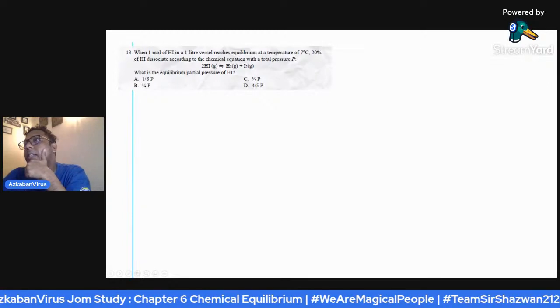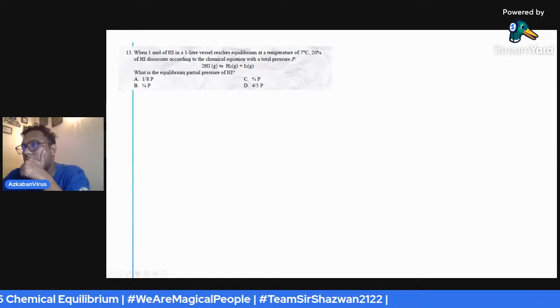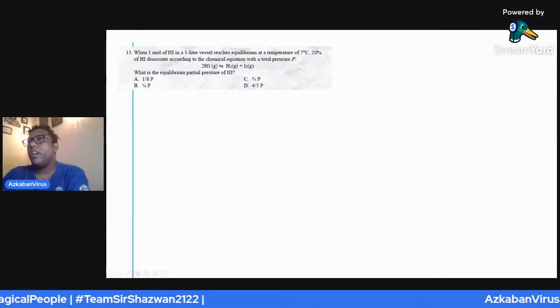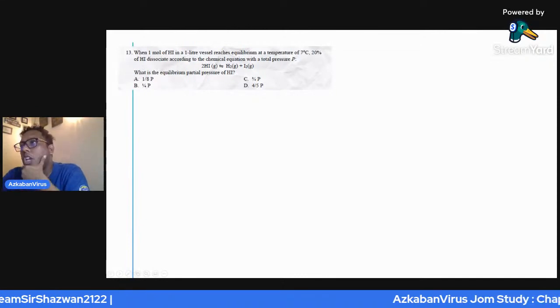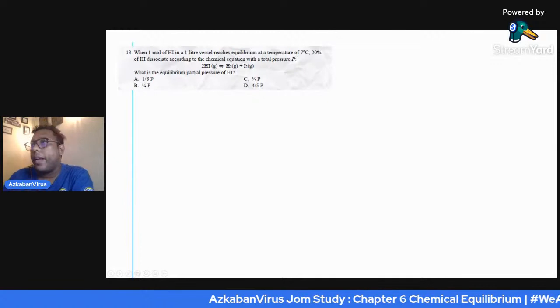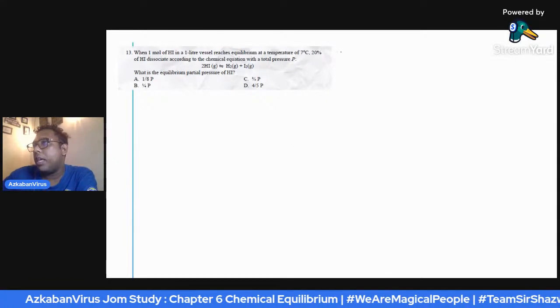What is the equilibrium partial pressure of HI? Kp. They ask us to find Kp. So for a question like this, we are given moles, we have volume, we have temperature. First thing first, calculate the pressure first. So, how? By using